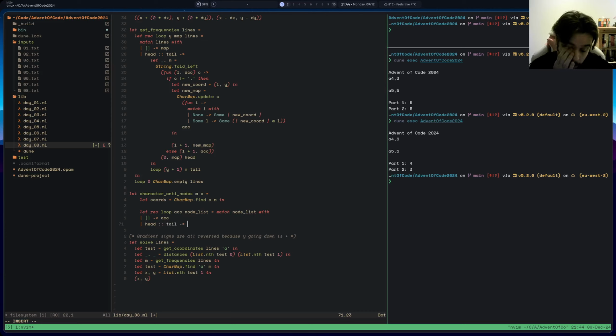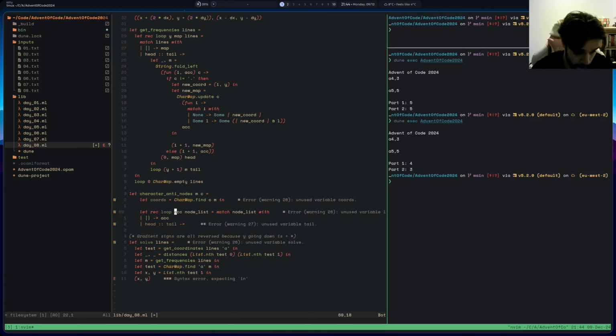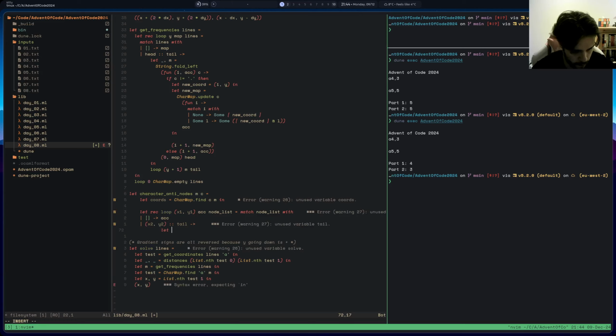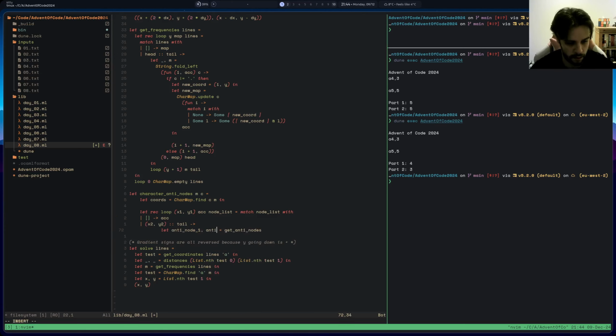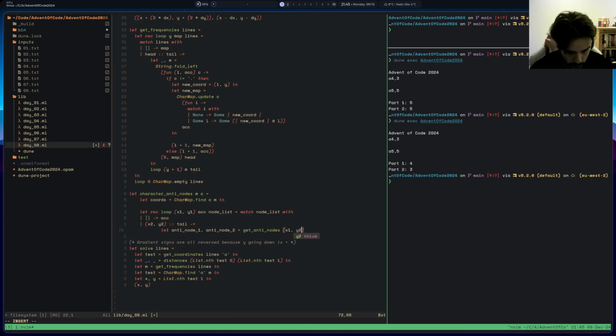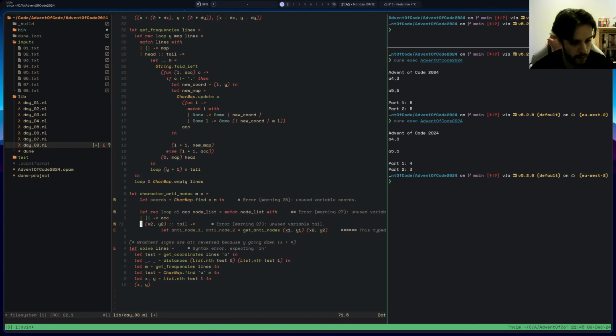and we say, oh, and first x1, y1, x2, y2, get, return, get anti-nodes, let anti-node 1 equals get anti-node, and then anti-node 2 get anti-node of the next one, y1, to actually let's go c1, c2,